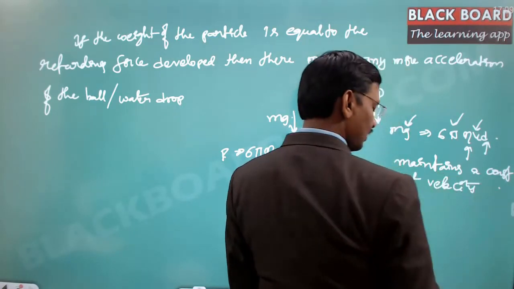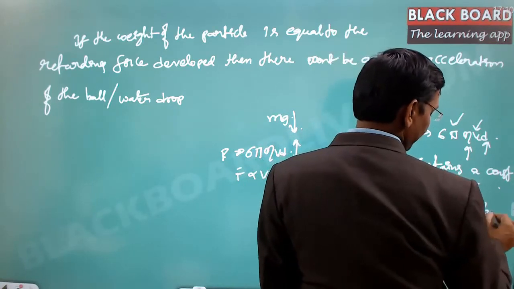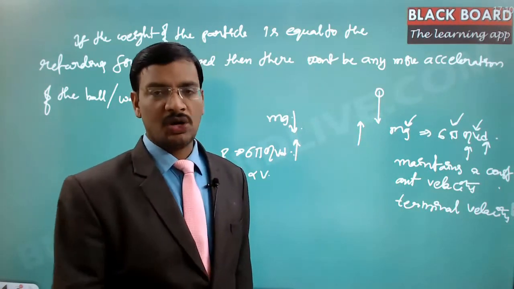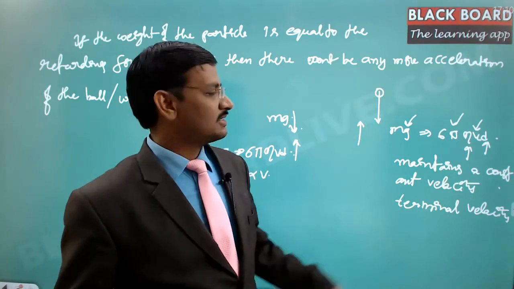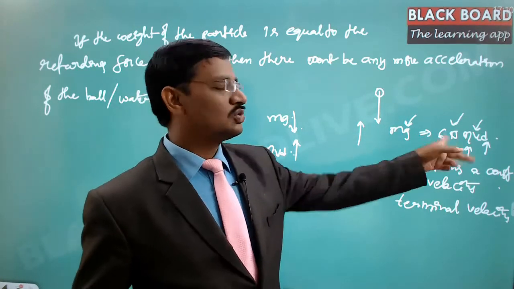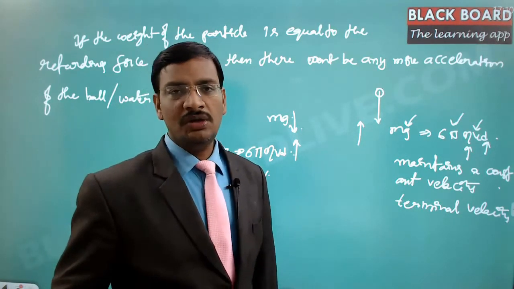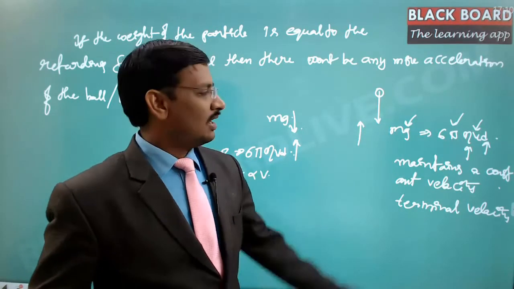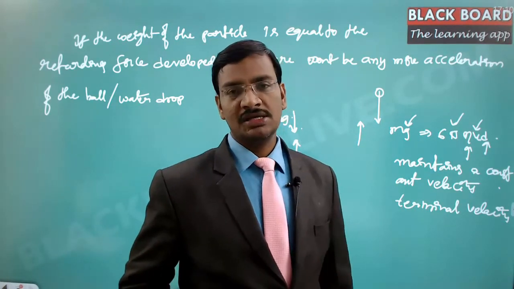And this velocity is called the terminal velocity. And this is maintained constant. This terminal velocity is the one by the time it comes to the ground. So the water drops of the rain have the terminal velocity only. That value is very, very less, because these two are getting equal at the top of the sky itself. By the time it comes to 100 meters or so, the counter force is developed, and these two are balanced out, and the terminal velocity is maintained constant, and with that velocity the water drop comes from the sky.